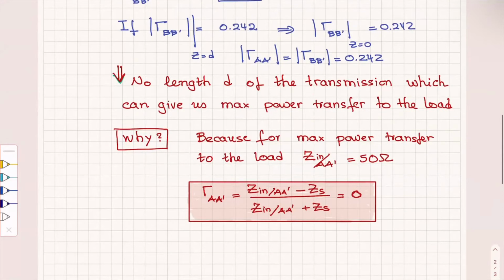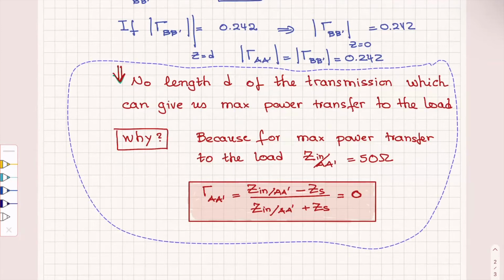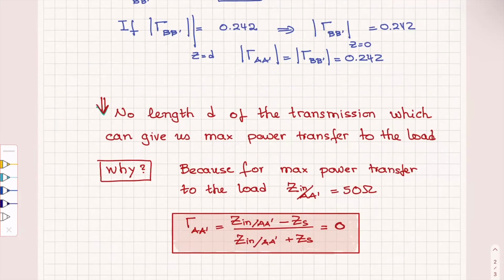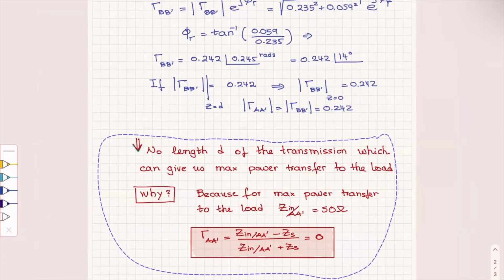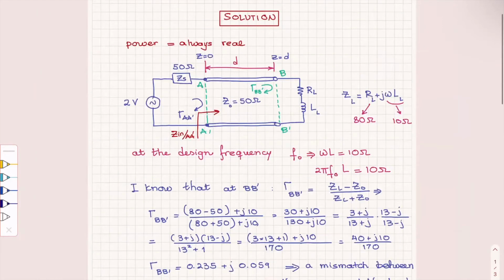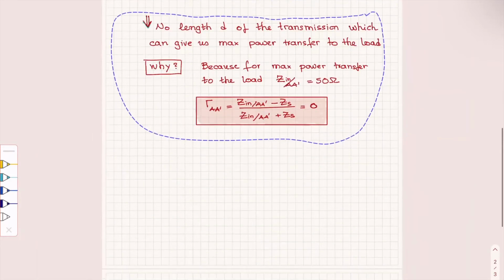So as a result, one section of a line is not good enough to have a maximum power transfer, which means we have to use a stub somewhere. Okay, so this one told us that